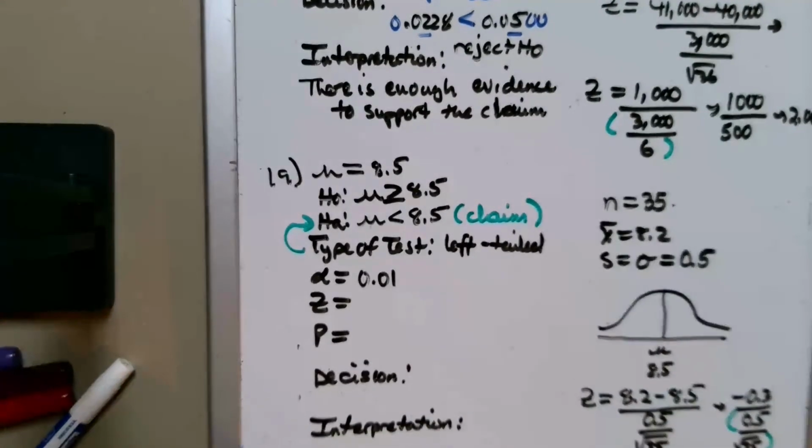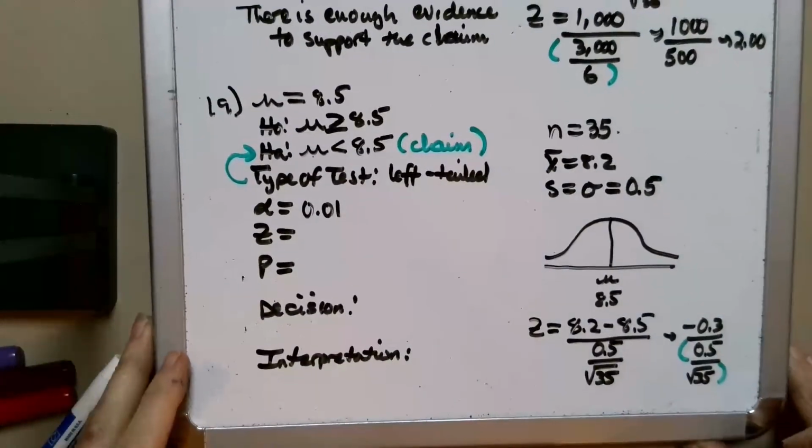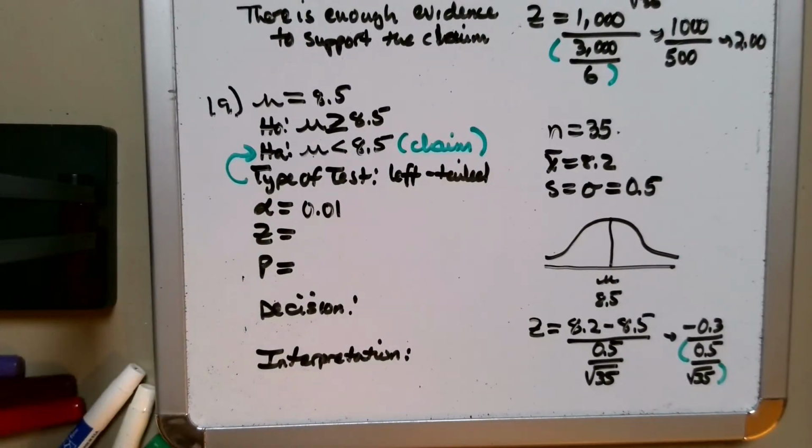Using parentheses, again, if you have trouble doing that in your calculator, then take the square root of 35 in your calculator, which is about 5.9161 approximately. Write that down, but then you have to use parentheses to get that calculation right. So if we take negative 0.3 divided by left parenthesis 0.5 divided by the square root of 35, right parenthesis, equals, I get a z-score of, it looks like it's about